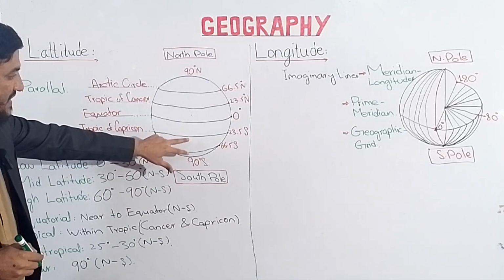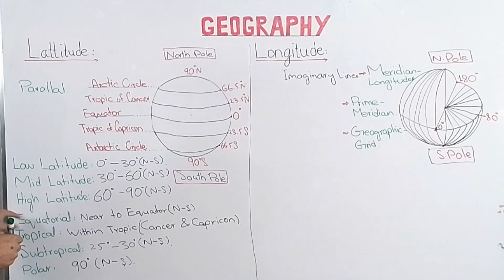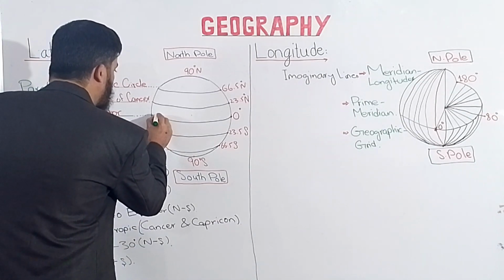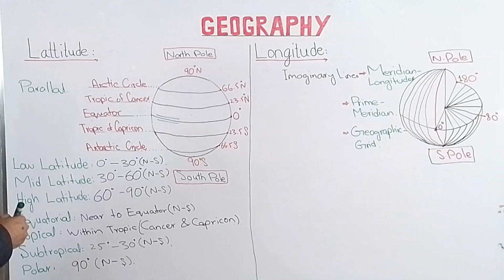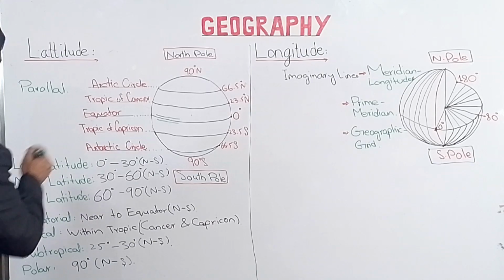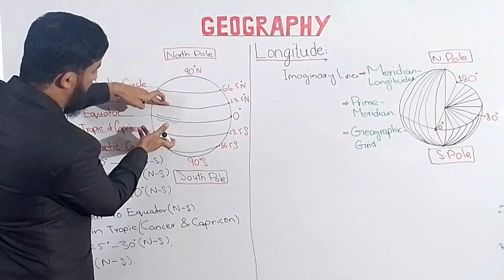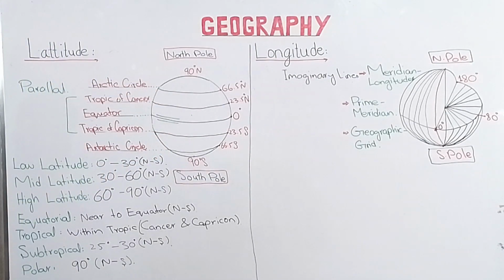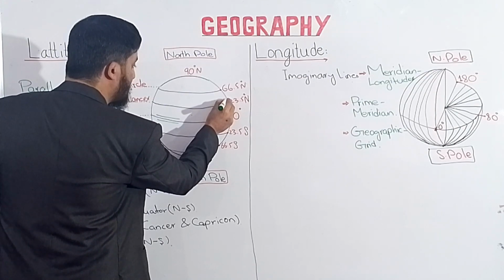So the region between 60 and 90 degrees is called the high latitude. Then comes the equatorial region, which lies near the equator, both southwards and northwards. Then comes the tropic region, which lies between the Tropic of Cancer and the Tropic of Capricorn. Then comes the subtropic region, which is only between 20 or 25 to 30 degrees,